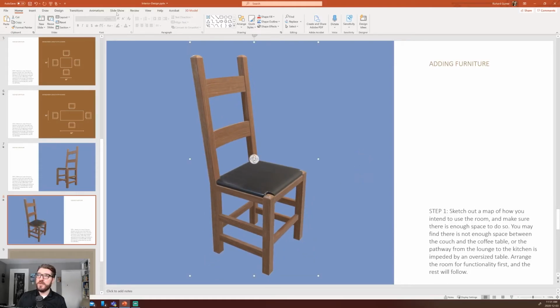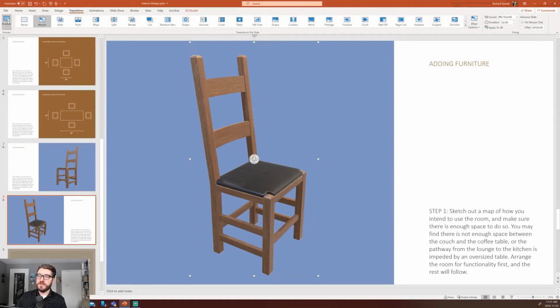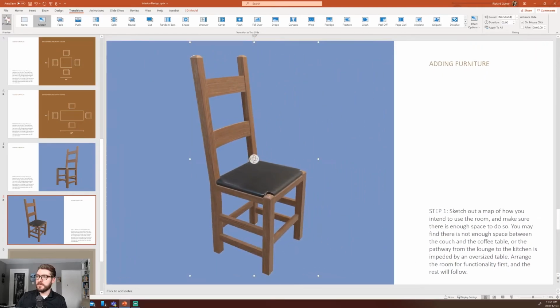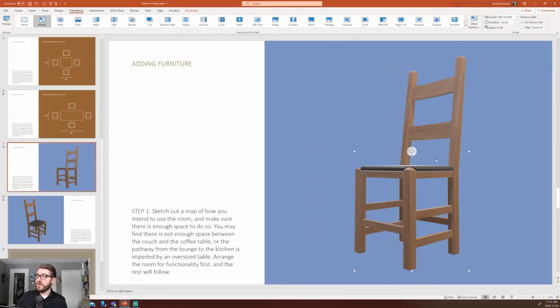Then when I preview that morph transition, you're going to see how it takes that first slide and transitions so seamlessly and so professionally into this new version. There you go. Wasn't that cool? A really awesome transition. You can imagine that if we were talking about something where maybe we wanted to talk